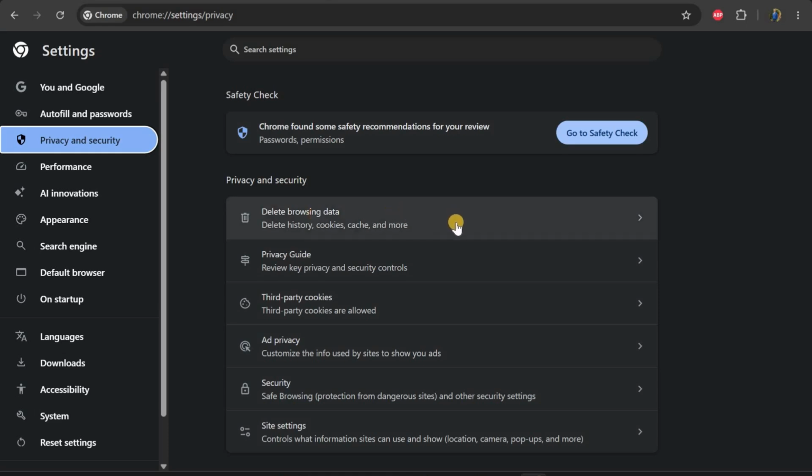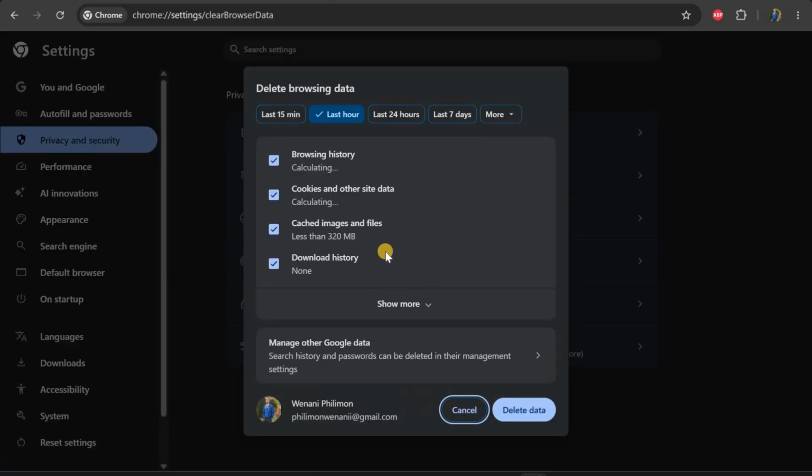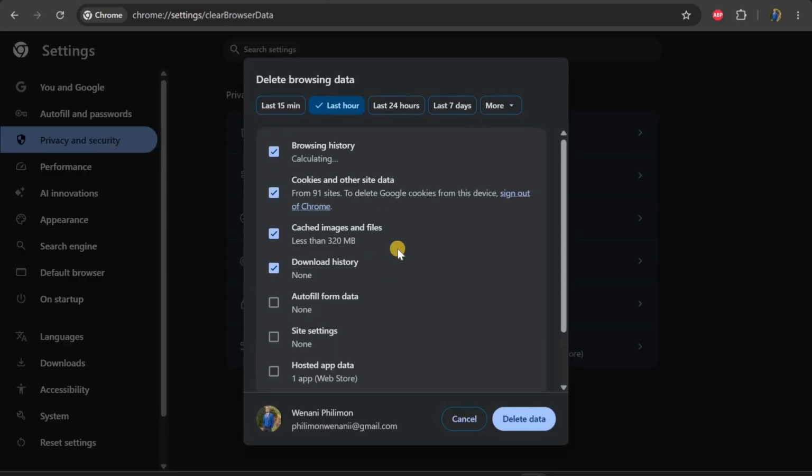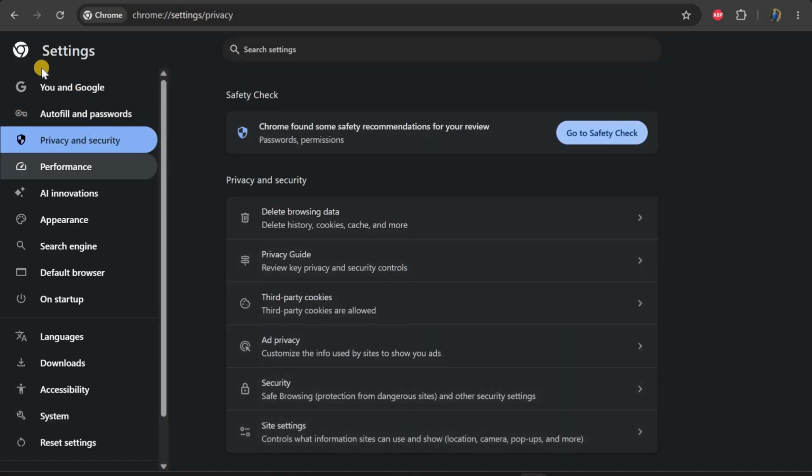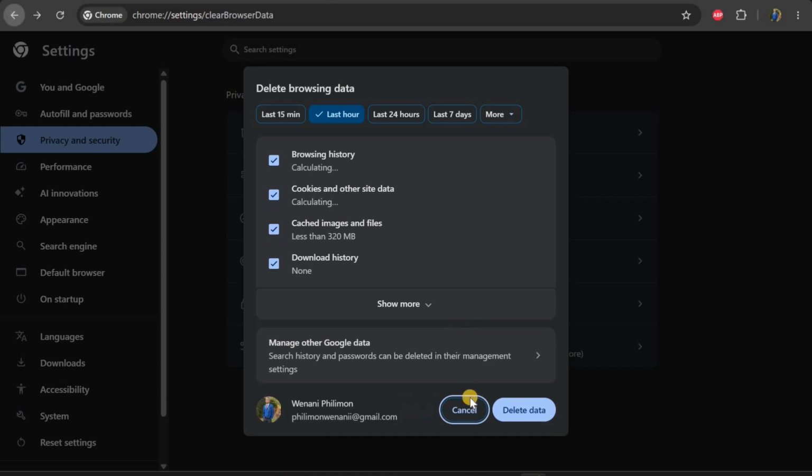Now you come over here and see this option which says browsing data. Click on it, and then click on this more button, choose all time, and then after that go ahead and check mark everything. Okay, then after doing that you can cancel that for now. Then you come back to your settings once again,